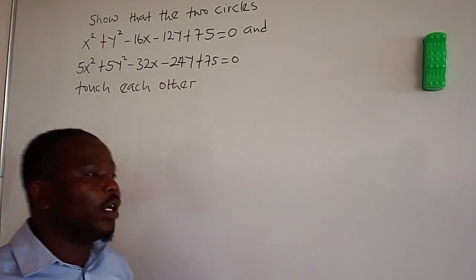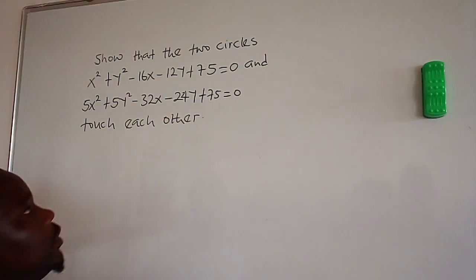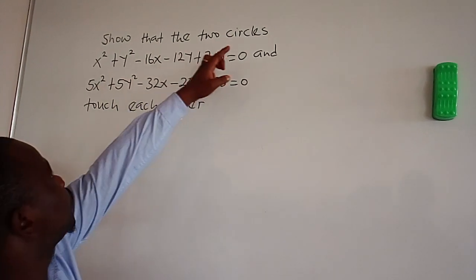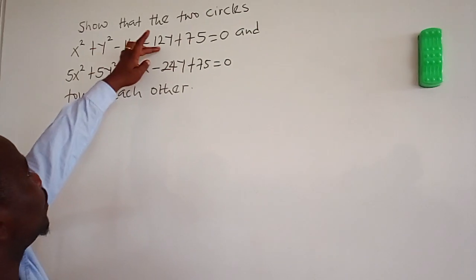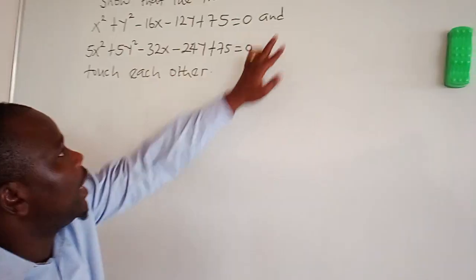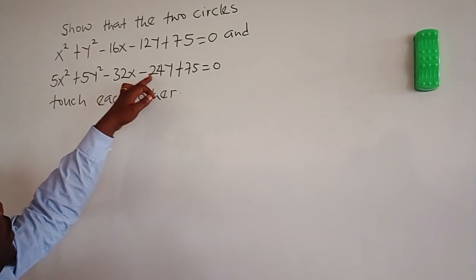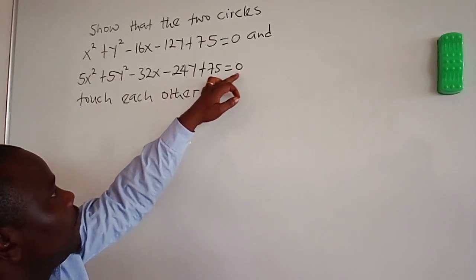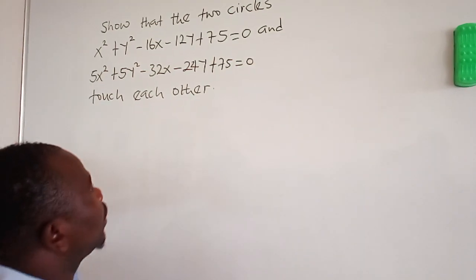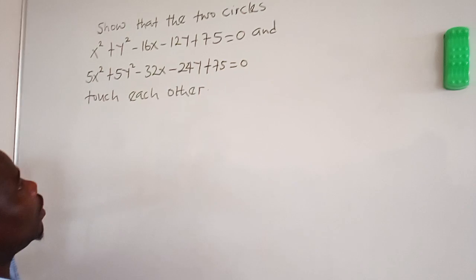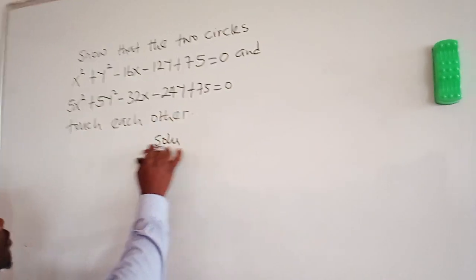Okay, today we are going to look at this example. Show that the two circles x squared plus y squared minus 16x minus 12y plus 75 equals 0, and 5x squared plus 5y squared minus 32x minus 24y plus 75 equals 0 touch each other. Okay. Now, before we begin to solve this question, I'm going to introduce